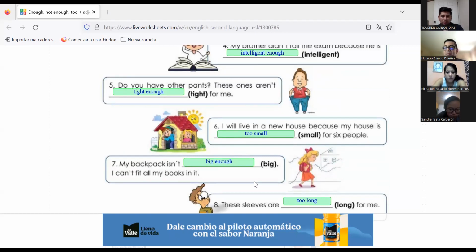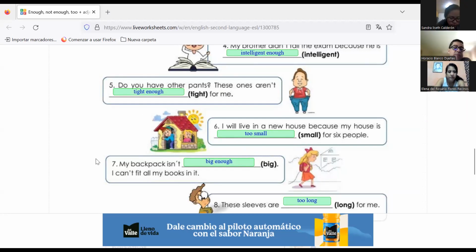Because a lot of people say, he is very small. Pero eso no indica un problema. But if you say he is too small, yes. So, yes or no? Okay, good. Okay, guys, thanks for participating. In this moment, we go back to the main session and take attendance, okay? Thank you. Thanks for participating.